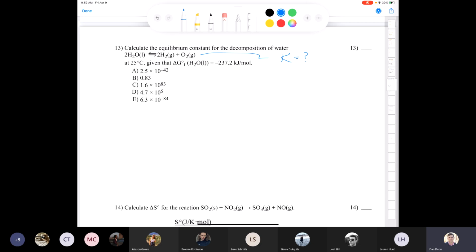Well, I can use the formula that K is equal to e to the power of negative delta G divided by RT if I had the delta G naught of the reaction. Well, you should know that the delta G formation of H2 and O2 are both going to be 0, right? This and this are going to have a delta G naught of formation, which is equal to 0 kilojoules per mole, or any unit for that matter. And so if I want to calculate the delta G naught of this reaction, it's going to be equal to 0